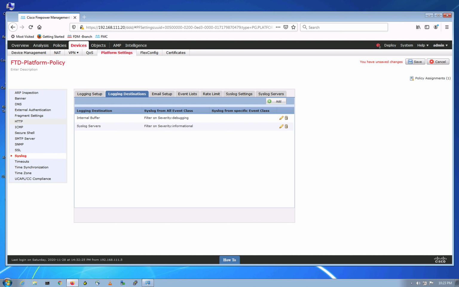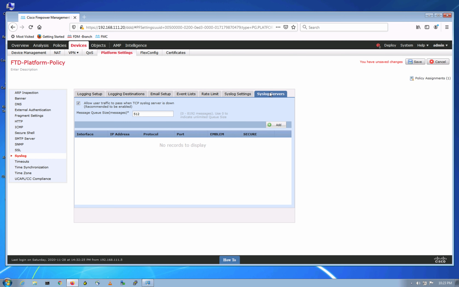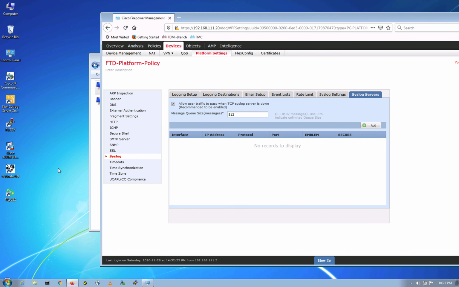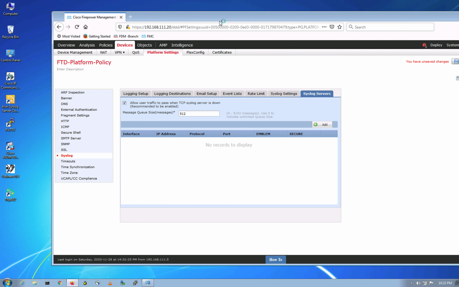The other one, if you're using Syslog servers that are sending the Syslog to remote servers, you'll have to provide that information, right? So this is where you do it. In my case, I don't know if I have a Syslog server. Maybe I can use this Kiwi server here. If there's one Kiwi server here, in which case, let me send the Syslogs to my